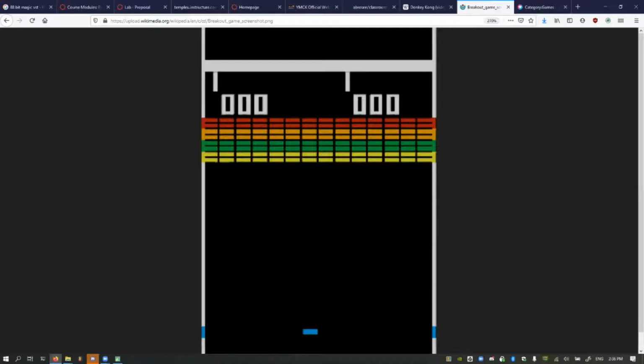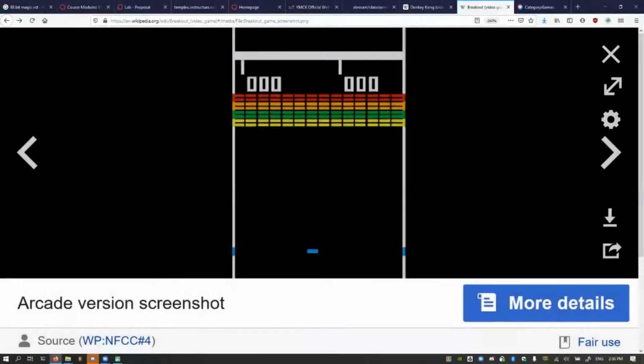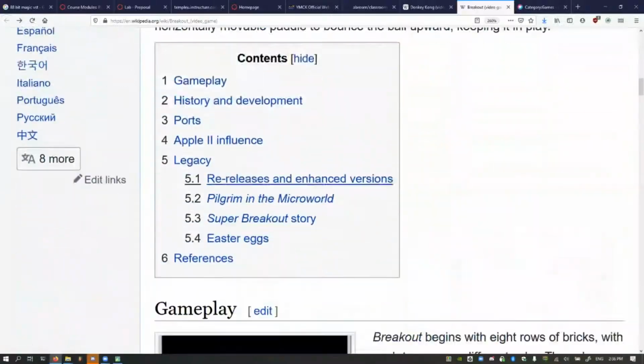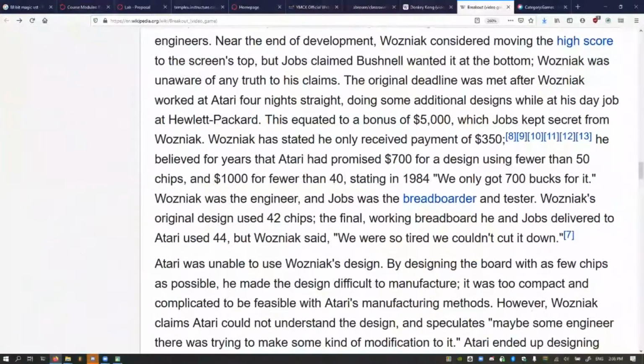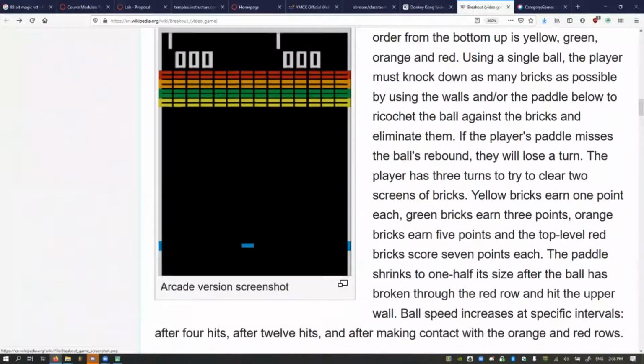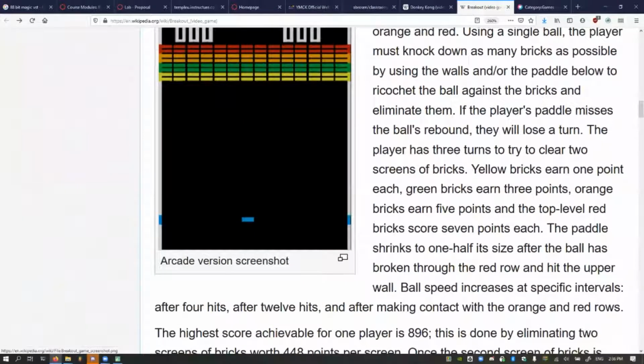And what's cool is that once you get it through, you can have it ricochet off the top bricks in the ceiling, which is pretty awesome, and knock out a whole bunch of bricks at once. I really enjoyed Breakout. It was a great game on my Game Boy. I loved it. It is, as you can see, not too much more complicated than Pong.